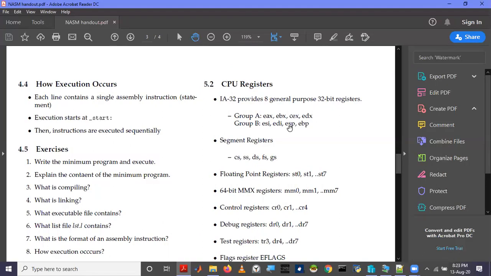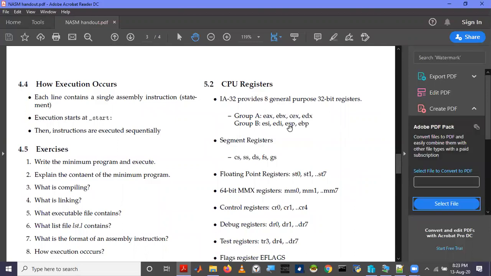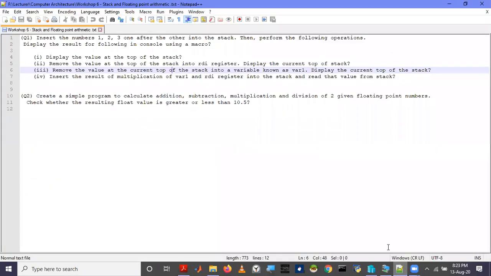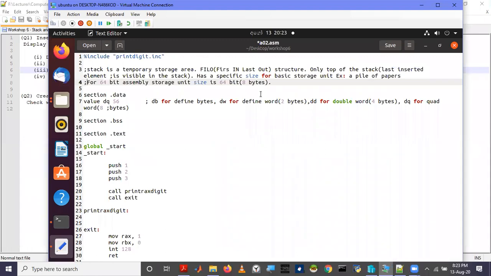The stack pointer always points to the top of the stack, so it contains the memory address of the top of the stack. Its 64-bit version is RSP.